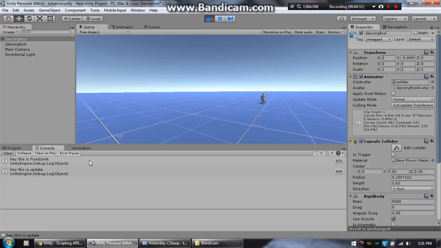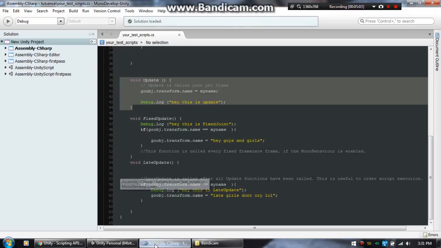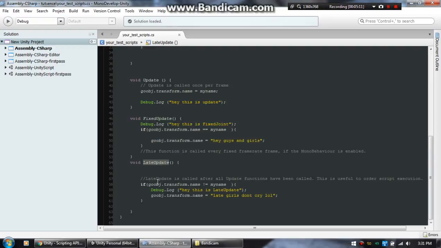And I think physics can be drawn like a lot of times. But not too sure about that. But I do know it's used for physics. That and I just know how to use it. That's all. Now this late update, this is never being executed because this condition, by the time it gets into doing this,